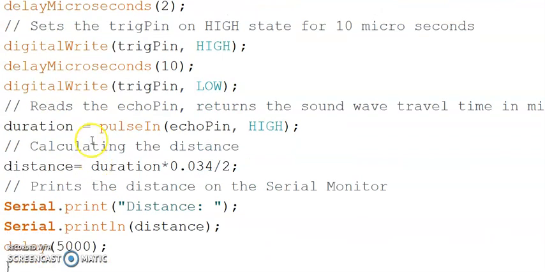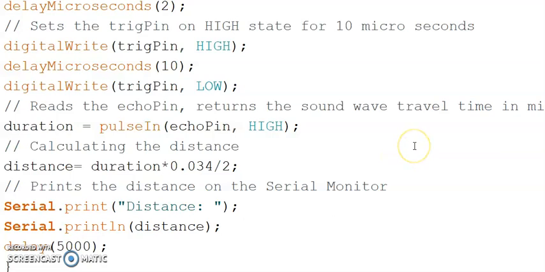High means the function will wait for the pin to go high, which is caused by the bouncing back of the sound wave, and it will start the timing. Then it will wait for the pin to go low, when the sound wave ends, which will stop the timing. At the end, the function will return the length of the pulse in microseconds. In short, it monitors the echo pin for the time for which it is high.